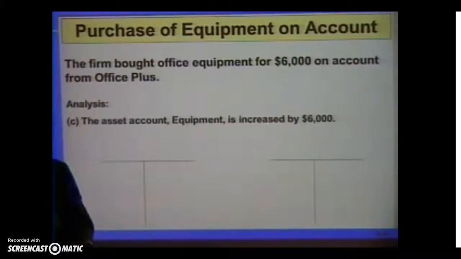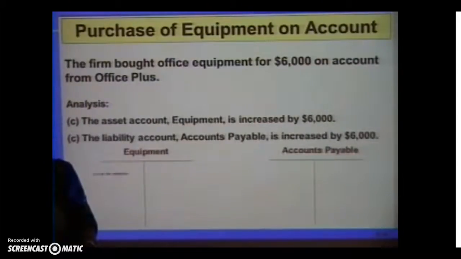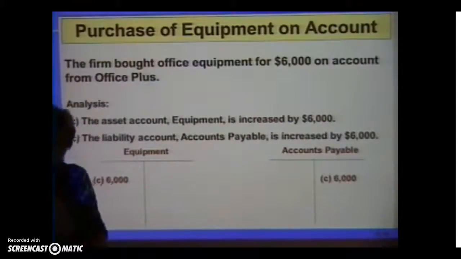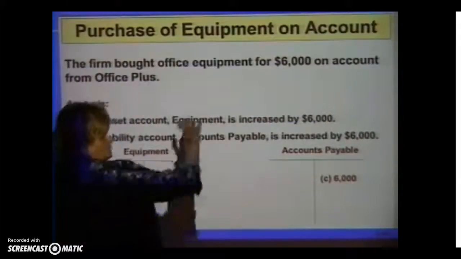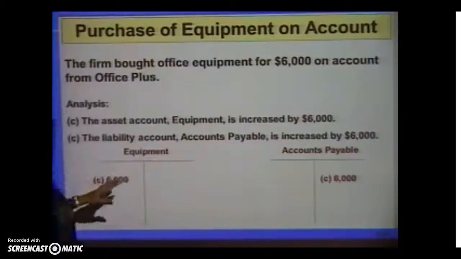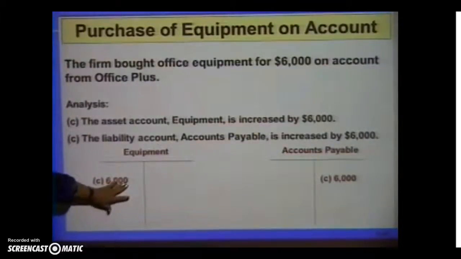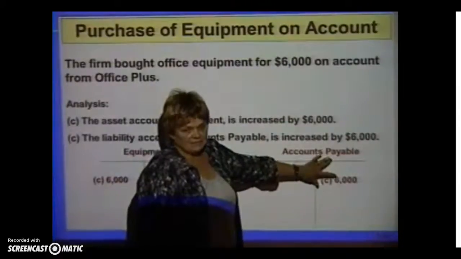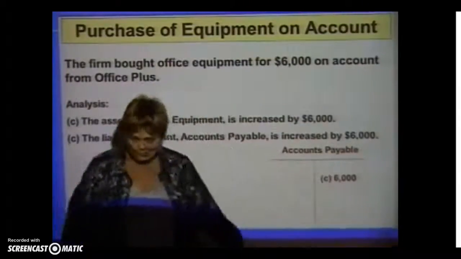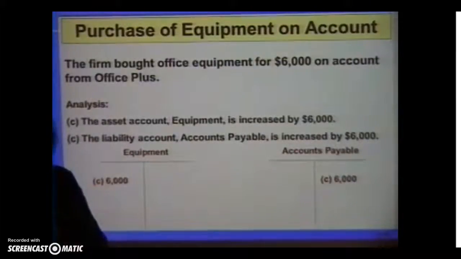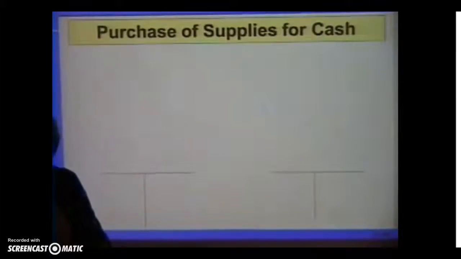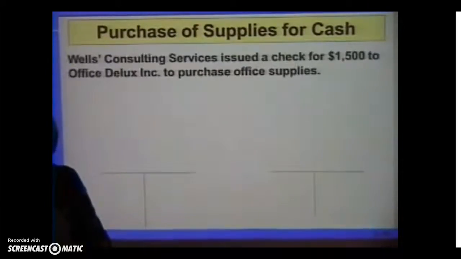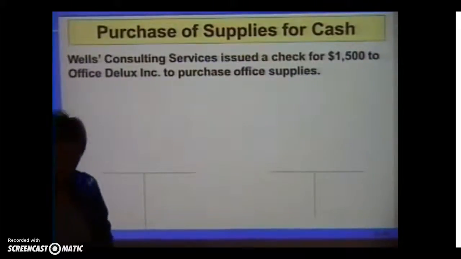What else happened? The liability went up because it's an accounts payable. And remember, if you were looking at our spreadsheet, it would be one side, both went up, stayed in balance. So equipment, asset, left side increased. Liabilities increased on the right side. All right. Is everybody getting a glimmer? You see, you're just going to have to memorize the little chart to figure out how the accounts are increased